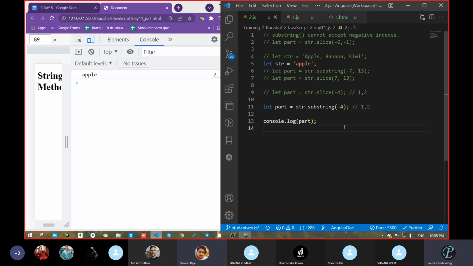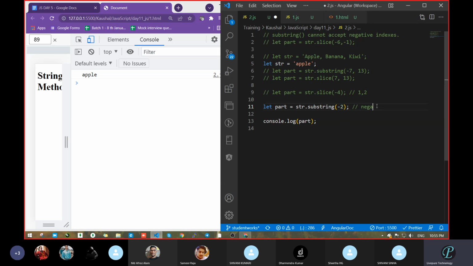Okay, so what we took here is substring, and we had passed 4. But when we do the same thing in the case of slice, see, take care of the output. A got removed. Fine. Now comment. Now come to here. Now see, A is there. Clear. Now take this 4. Now take 3. Nothing is happening. 2. Nothing is happening because the negative value it is not accepting. That is the main reason.